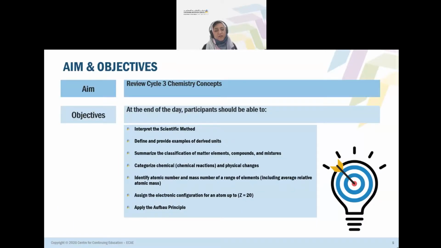Our aim today is to review some of the Cycle 3 chemistry concepts that you find in the curriculum that you teach. By the end of the day, I'm hopeful that you'll all be confident in interpreting the scientific method, defining and providing examples of derived units, summarizing the classification of the matter of elements, compounds, and mixtures, categorizing chemical reactions and changes and physical changes, identifying the number and mass number of a range of